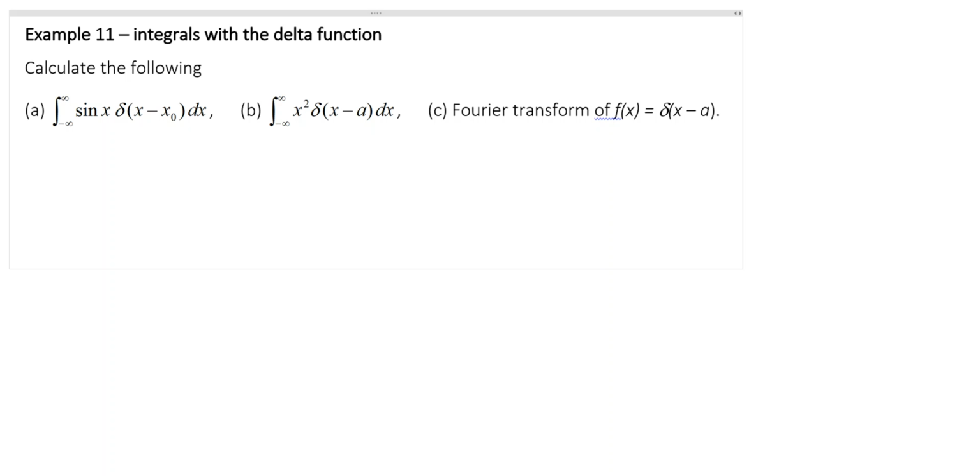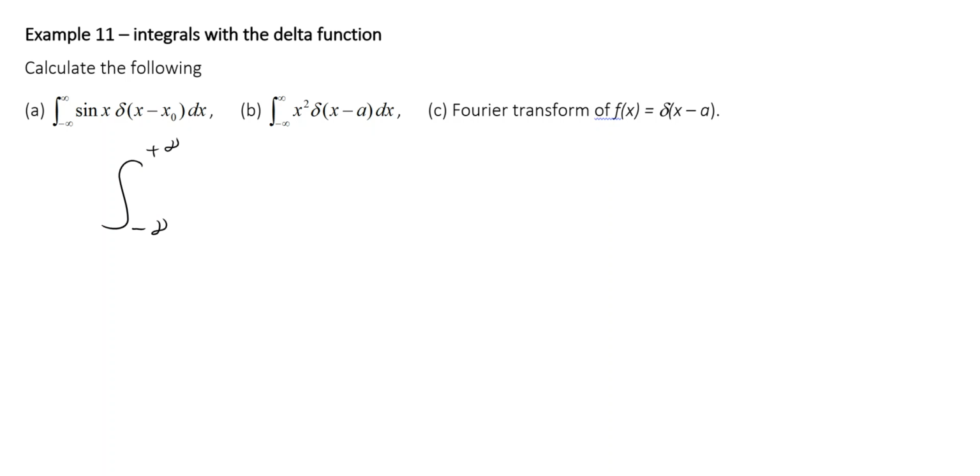This example asks us to calculate three integrals involving the delta function. To do this, we need to refer to the notes. In the notes we showed on page 14 that the integral between minus infinity and plus infinity, of some function f of